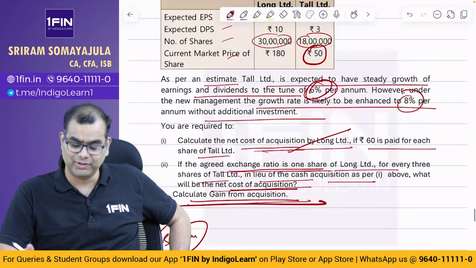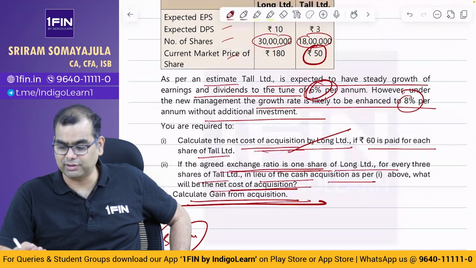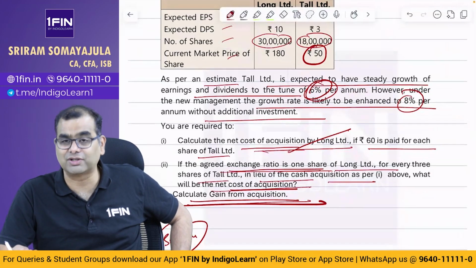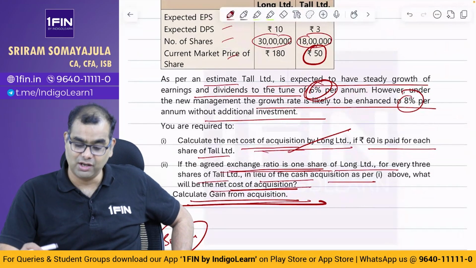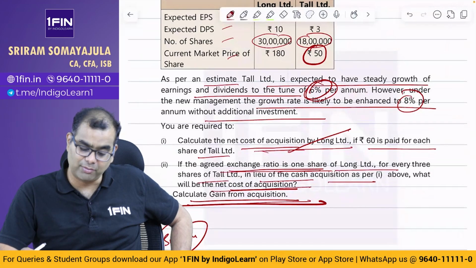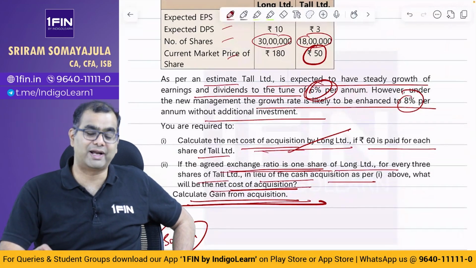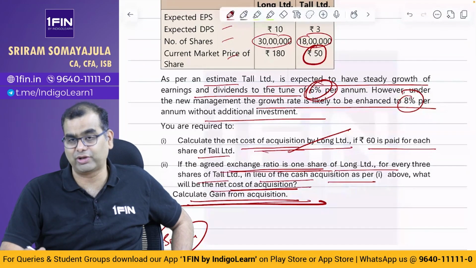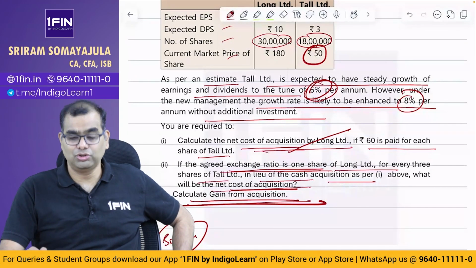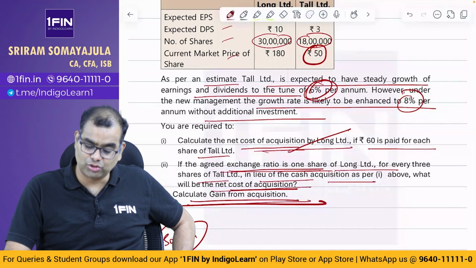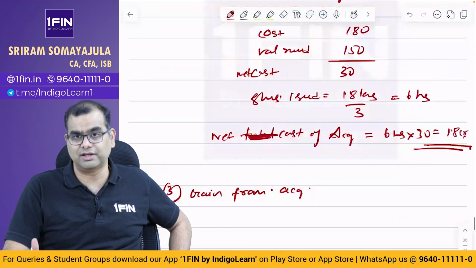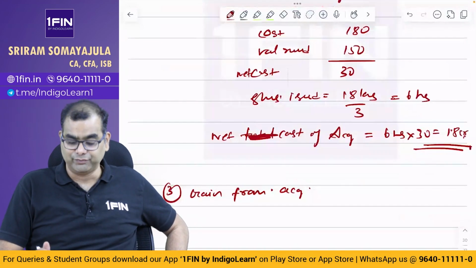Now, are you going to look at this gain from the value of shares given up versus what you may receive in future? Or are you going to look at it in the form of an increase because of the PE ratio, where the market value of the shares is increased? Is that one way to look at it? So in this particular question, they have chosen to look at it from the PE method, the PE increase in the value of the company. That is one way.